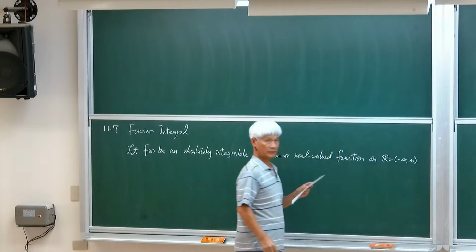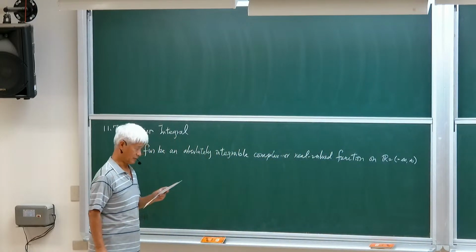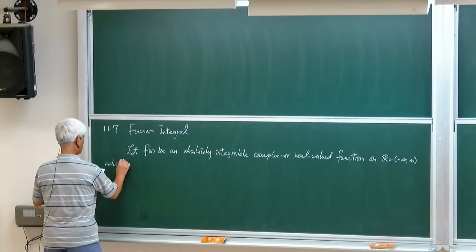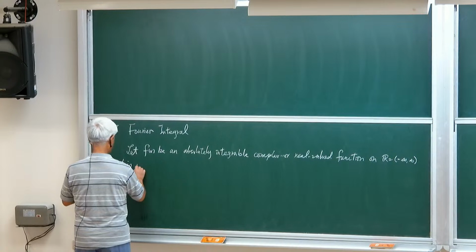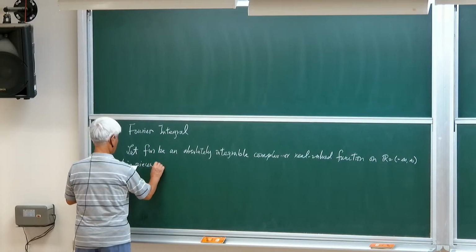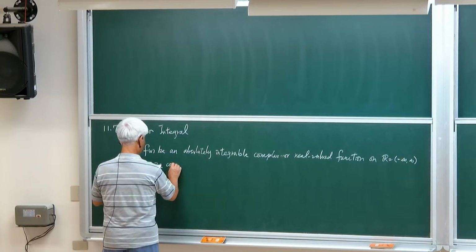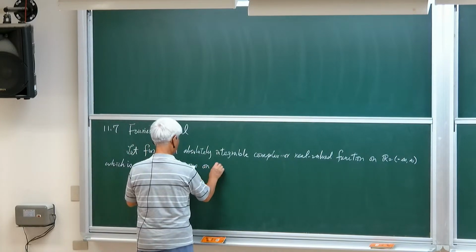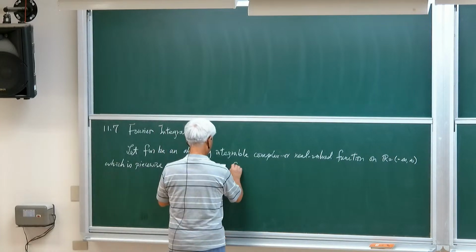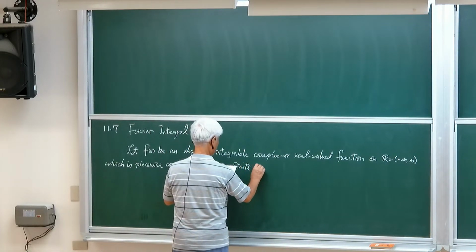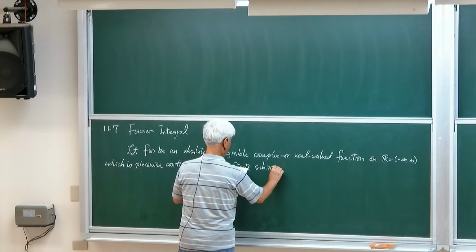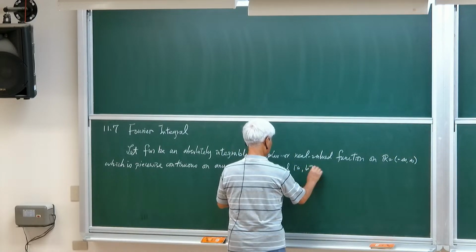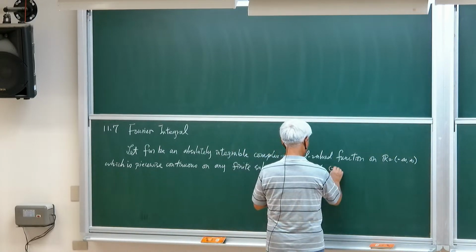So this is the infinite interval from minus infinity to infinity. And we ask that it is piecewise continuous on any finite subinterval [a, b] of the whole real line,